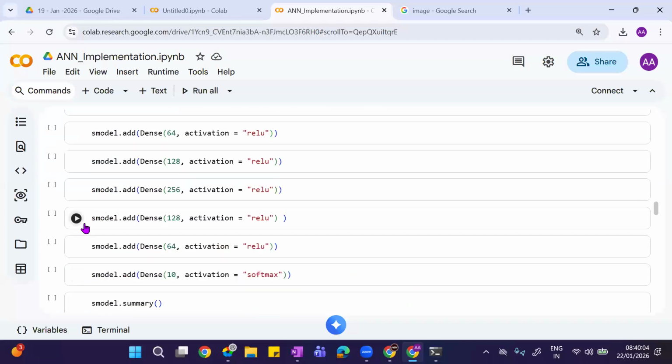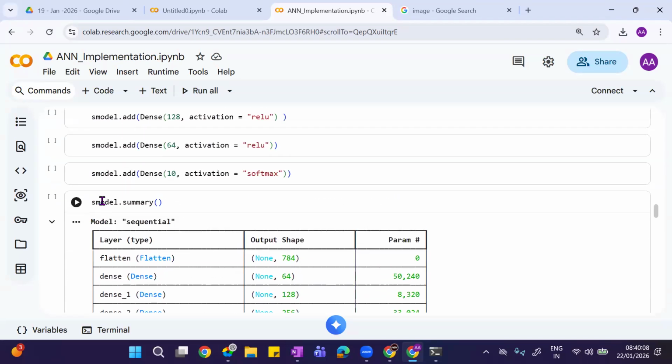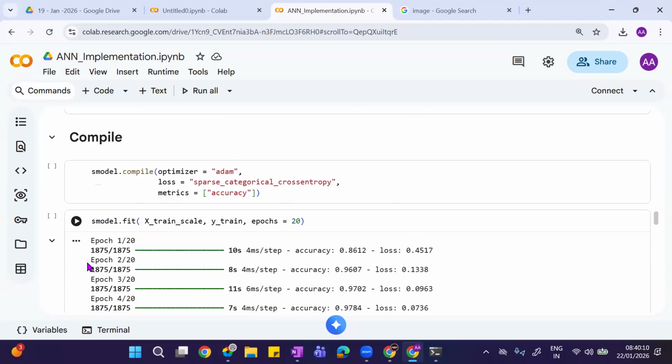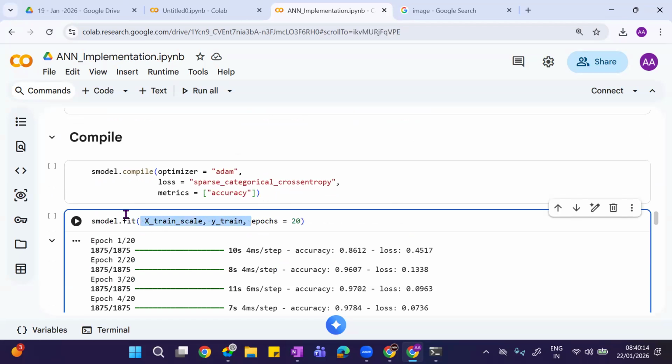Here, S model is the name of my model. You can see it, S model.summary. And to the S model.fit, I'm giving the data. Now, this model is well trained. You can take this model and keep it anywhere. No need to take the entire code. With the knowledge it acquired, it will start doing the prediction.